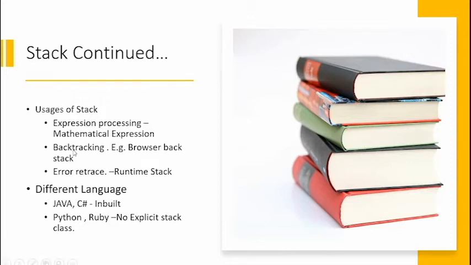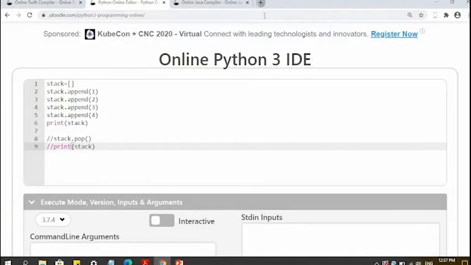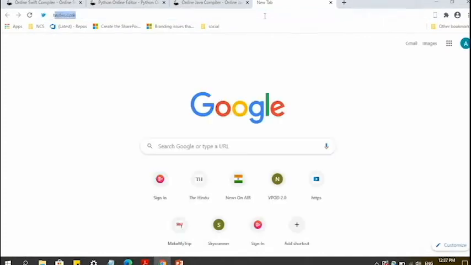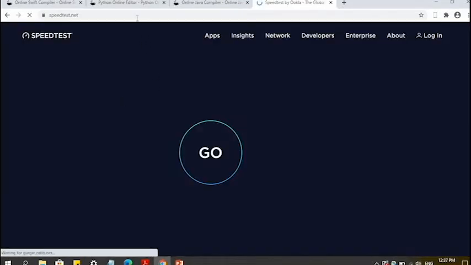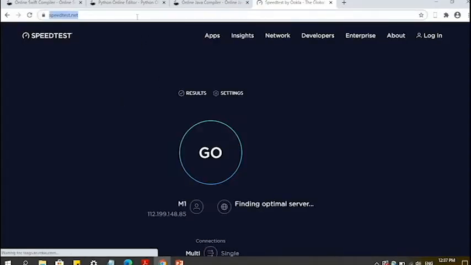A stack can also be used where you are required to backtrack. An example would be the browser back stack. Suppose you have searched for many items. In this browser, I have searched this first test, and then I am going to this speed test, and then I am doing something again, test.